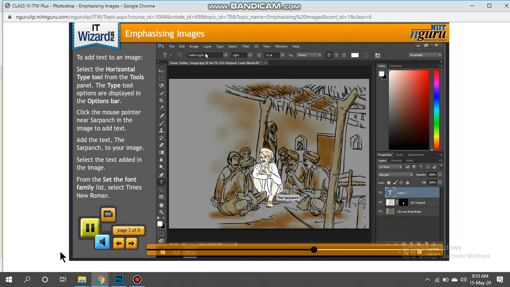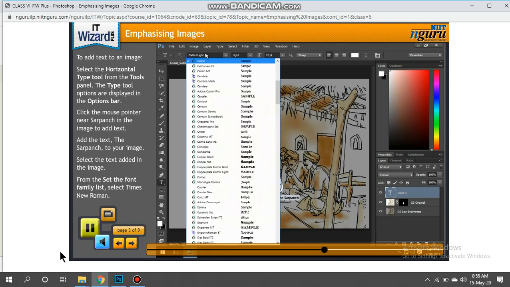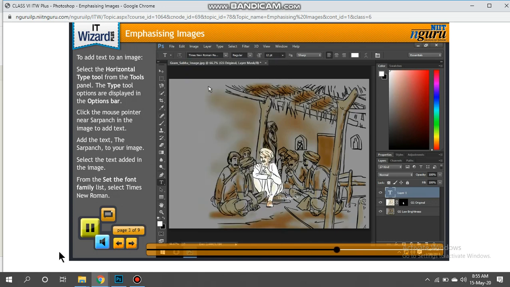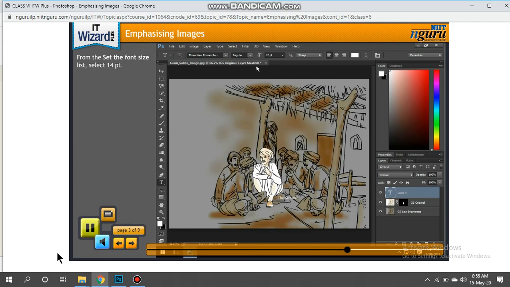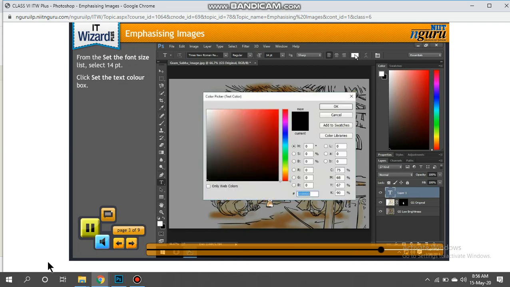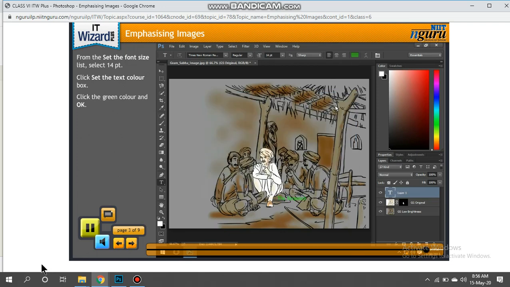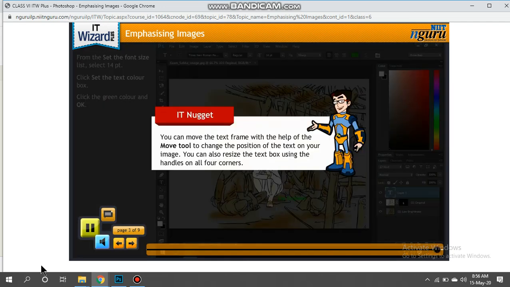From the Set the Font Family list, select Times New Roman. From the Set the Font Size list, select 14 point. Click Set the Text Color box. The Color Picker text color dialog box appears. Click the green color and OK.